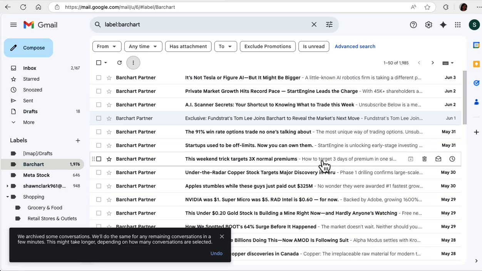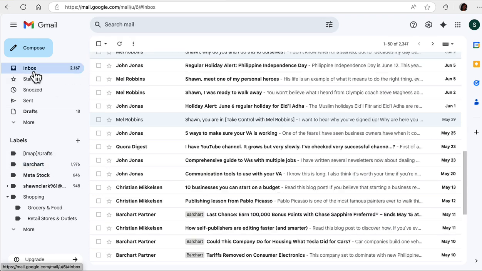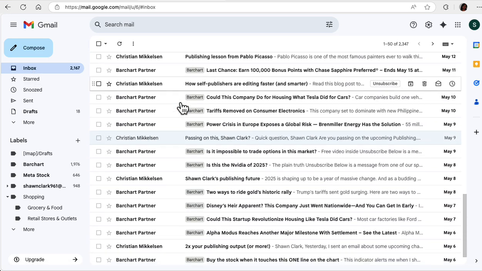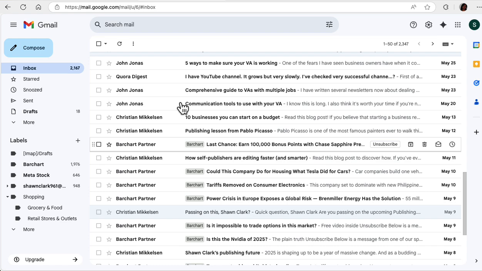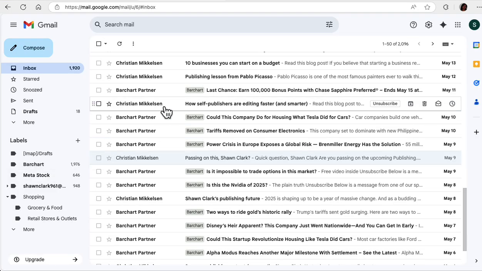And so now you're going to notice that it removes the inbox from the label because now you've just archived it. So you can still have the emails and access those emails from the label, but now it frees it up from showing up in your inbox, or it's supposed to, because I still see it in here. But what I'm going to do